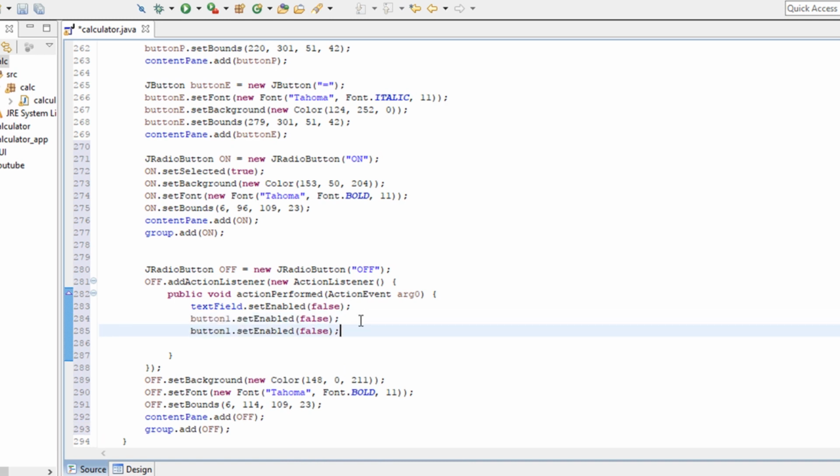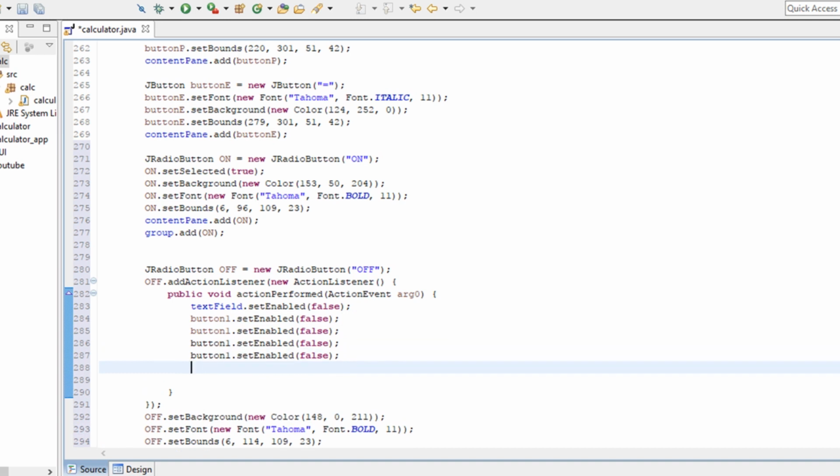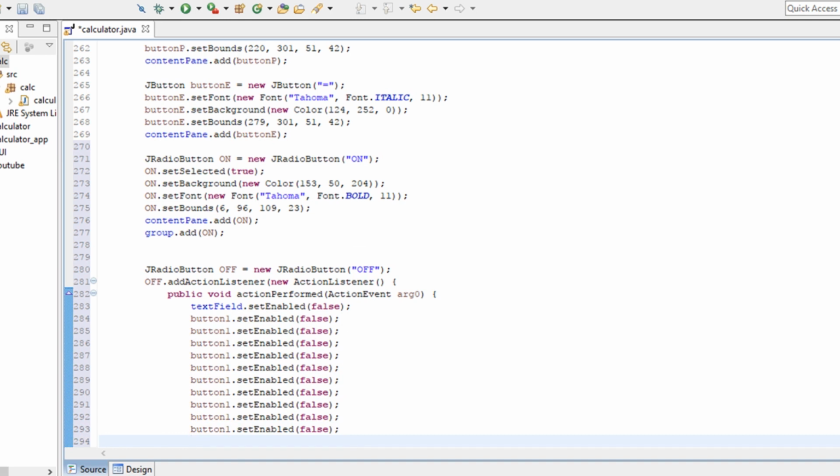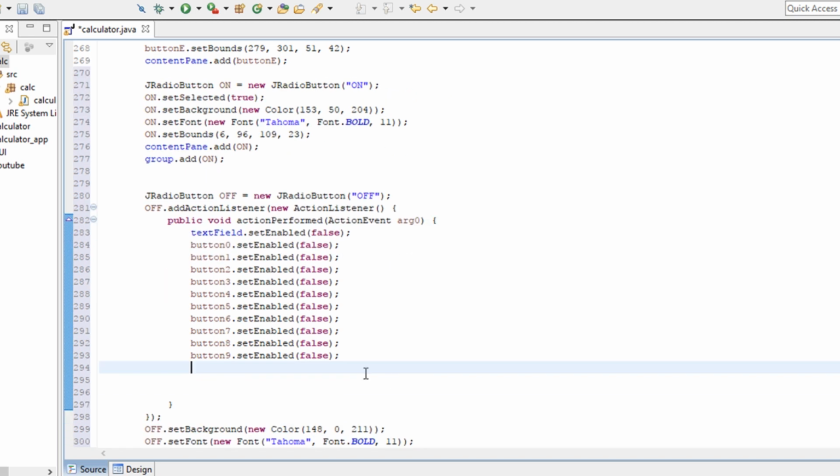and these are button 2, button 3, button 4, button 5, button 6, button 7, button 8, button 9, and button 0, and this is for 0, this is for 2, this is for 3, this is for 4, this is for 5, this is for 6, this is for 7, this is for 8, this is for 9, and this is for number. Now let's copy this